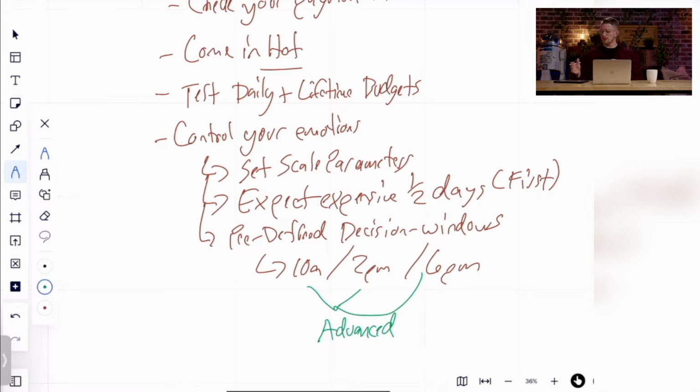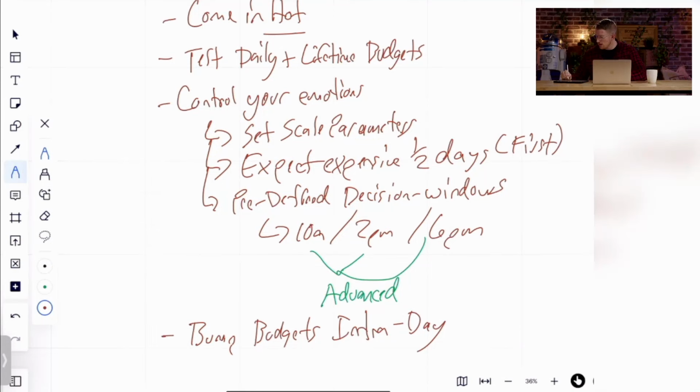So at these predefined windows, if you're being aggressive and you're really comfortable, you have the skill set, you're experienced in advertising, this is where you can begin to bump budgets intraday. And so the final thing I want to add on here is bump budgets intraday. So within the day, within these predefined windows, like 10 a.m., 2 p.m., 6 p.m., whatever those